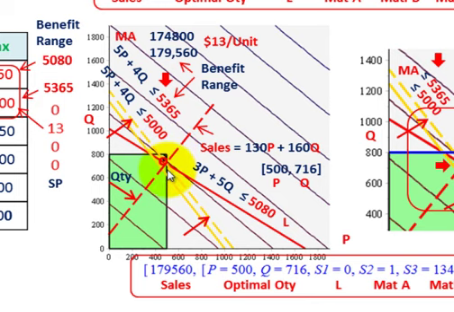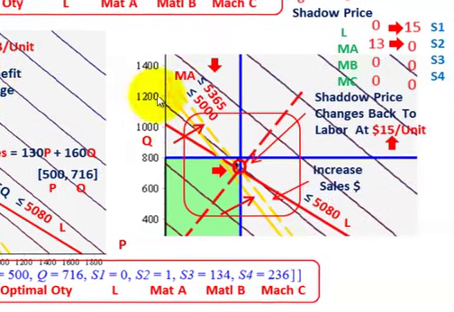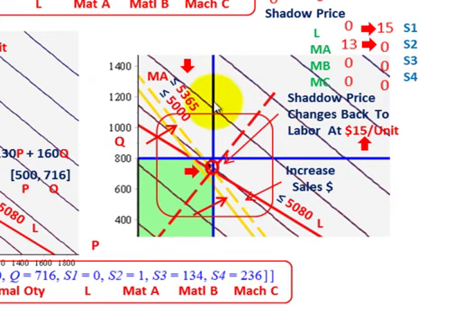I'm not showing the lines in here, but nonetheless, you can look at it and just see our shift up here in material and what our benefit range was. Okay, so if we just go and magnify on that again over here. Now we're sitting here, and we have to look at our new constraints, because we're going to bump up against that. We know that we've exhausted our benefit here on material A by moving from 5,000 to 5,365, and